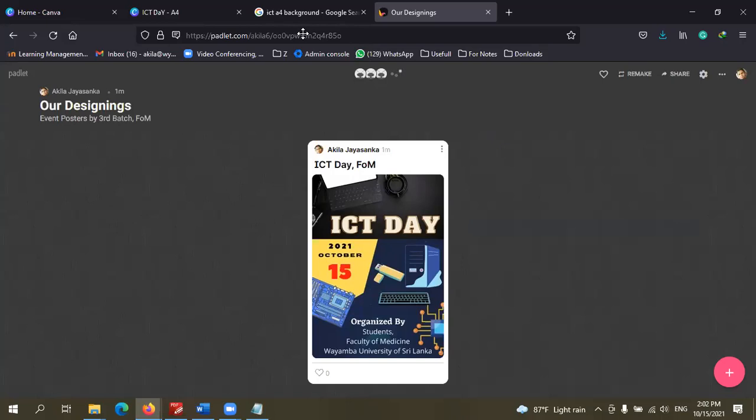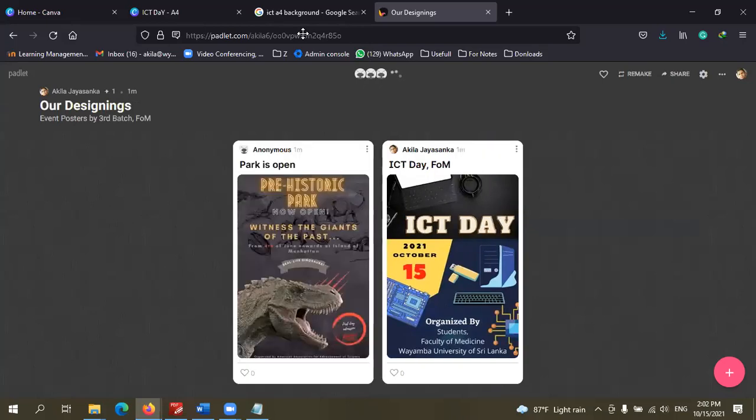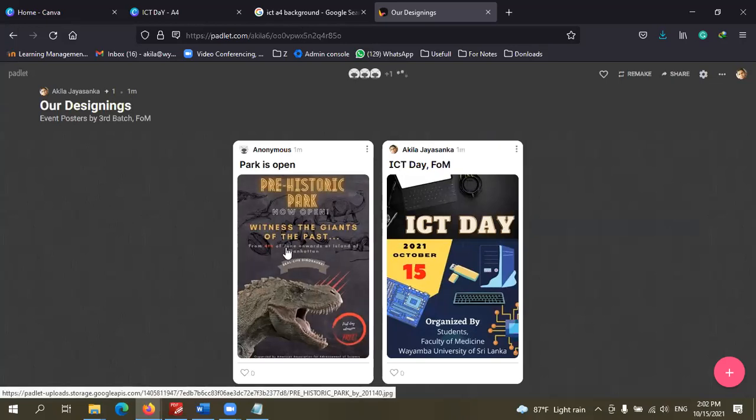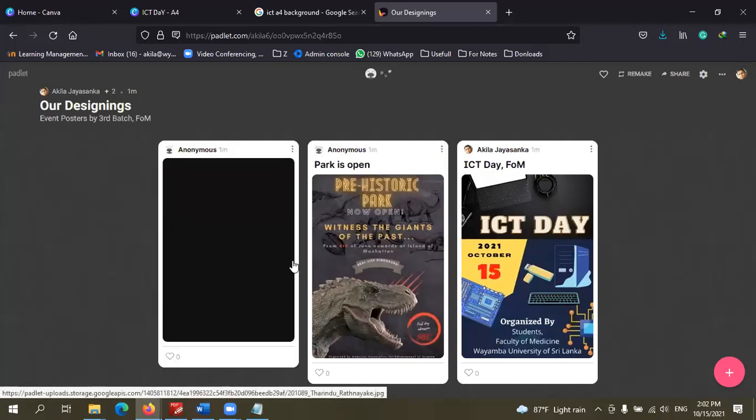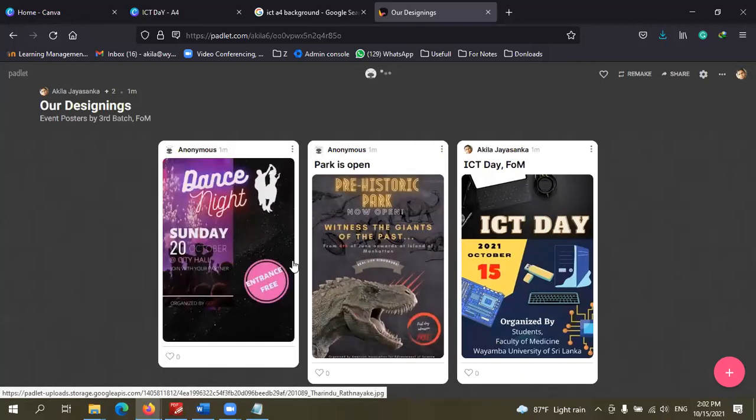Children, I hope that you have designed some attractive posters. Okay, one is here. Thank you. Is it your design or did you just use a template? This is my design. Very good, Pratha. Right, good.